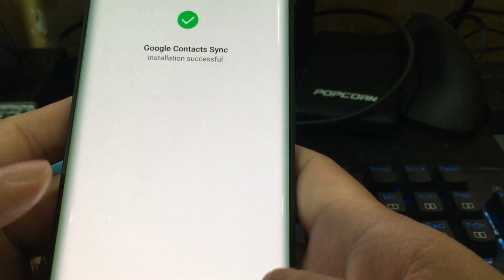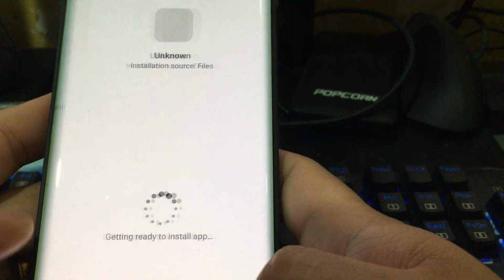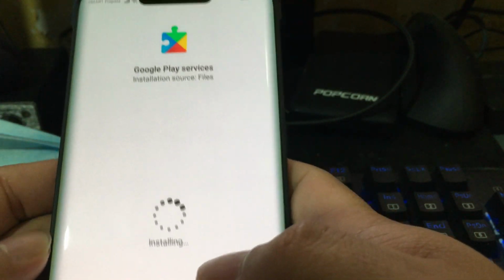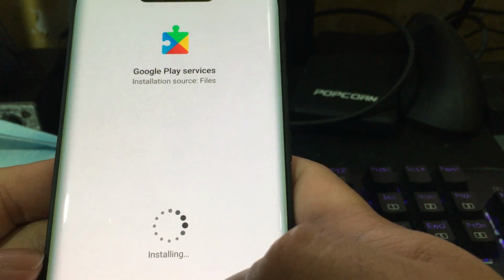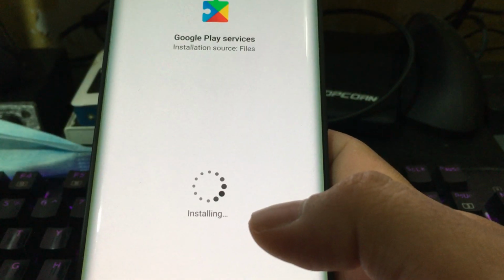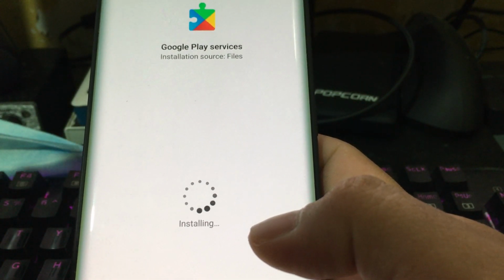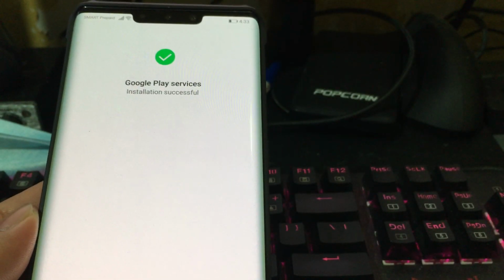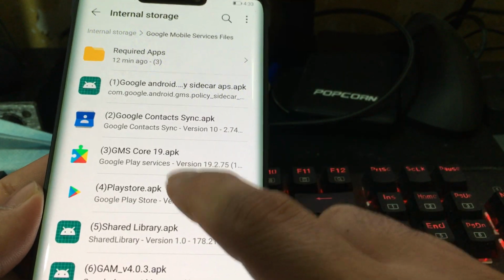So this is number 2, done. Number 3, Play services usually takes longer than the rest of the APK files to install, so just wait for it until it's done, and we'll proceed to number 4,